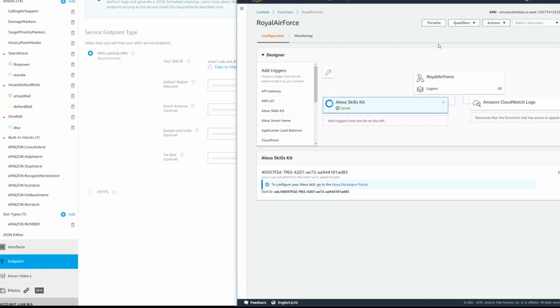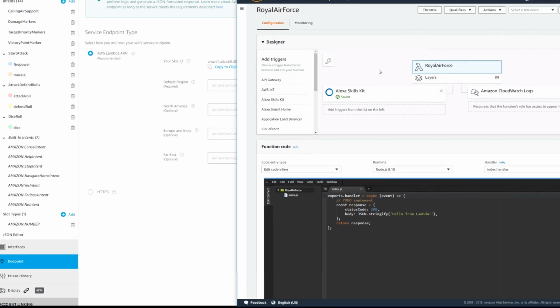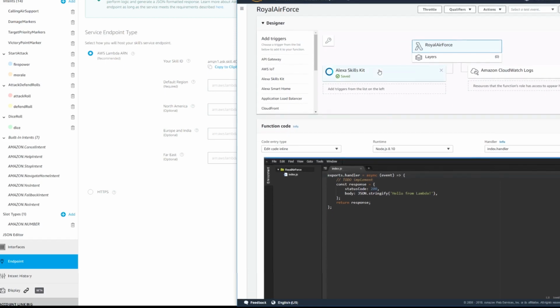Now you click Royal Air Force. That's the thing that we have up here. Okay. I'll scroll down a little bit. All right. Now there's already code here. We're not going to use it. Ignore it. Somebody asked in a forum, but what do you do with this code? You don't do anything. It's going to be deleted in a minute. We're going to completely nuke it.